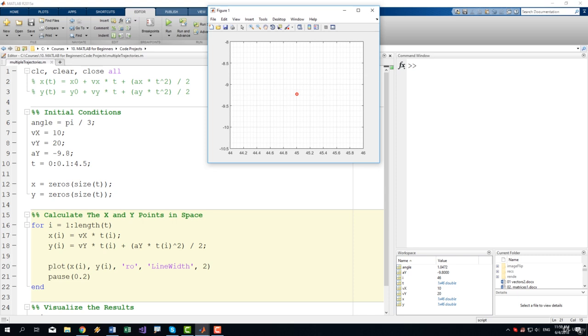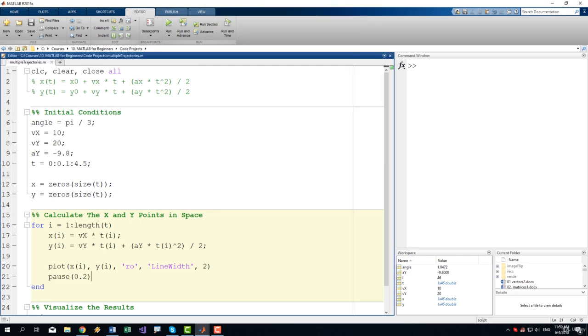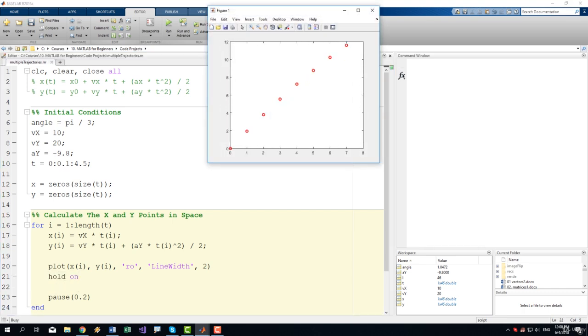So as you can see, the first issue at hand is that we don't actually get our full plot. Instead, each new point gets replotted and the entire plot is recreated with every iteration of the loop. The way to fix this is to use the hold on function that will hold the plot and make each of our next plots or points be plotted on the same plot. So let's include hold on right after our plot. Let's run it again, and as you can see,